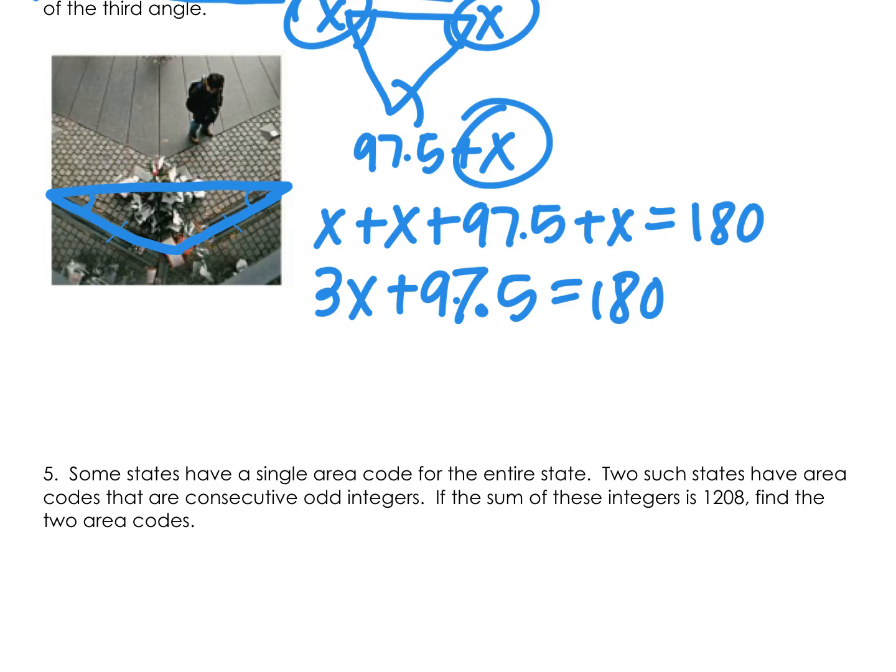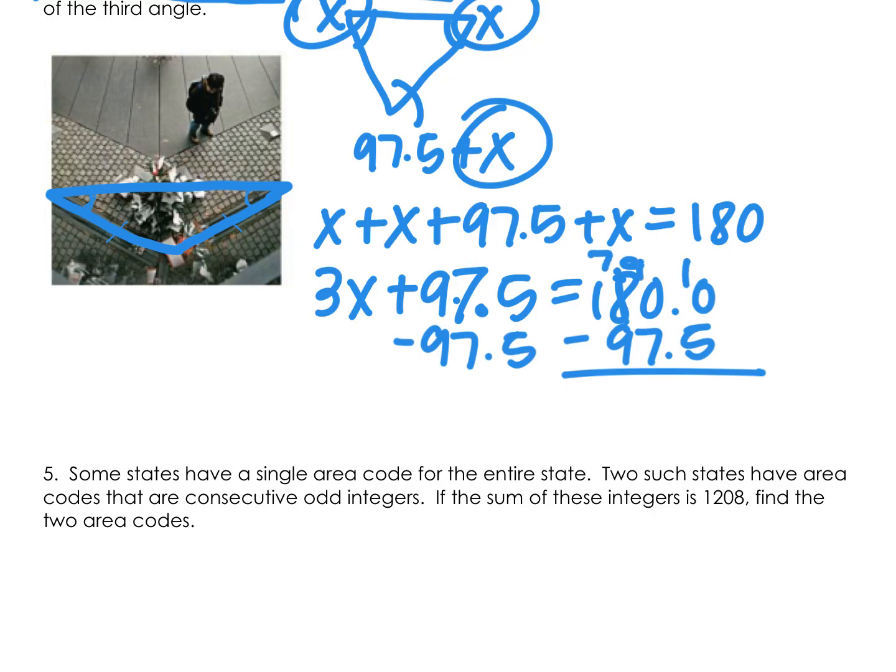And then what? Subtract 97.5. What would that be? 82.5. Good. So 3x equals 82.5. And then,